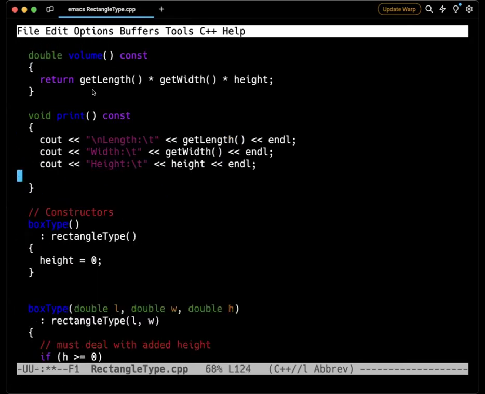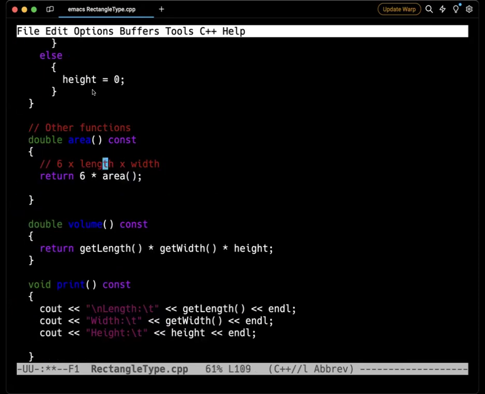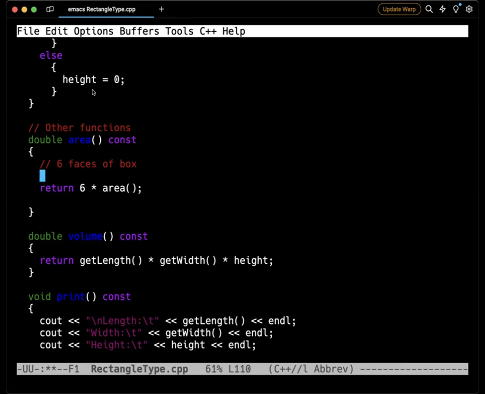So let's actually not leave that. Let's not take the easy way out. Let's go ahead and fix this. Okay. So let's just do a little more reasoning right here. So we're going to have 6 panels, basically. Okay, or 6 faces of the box. Again, think of dice. Okay. So we're going to have